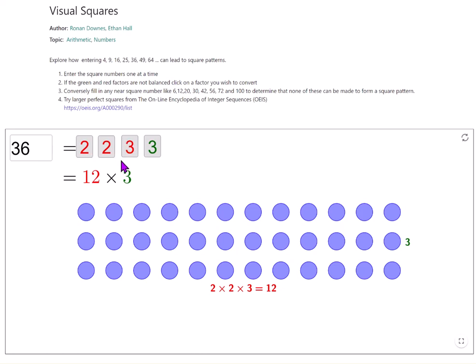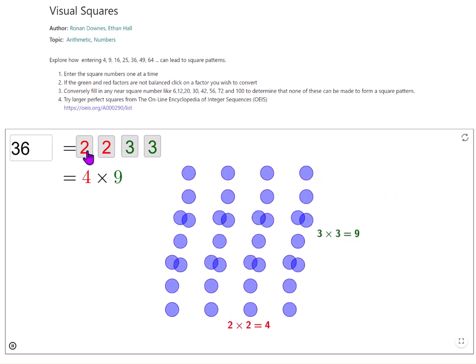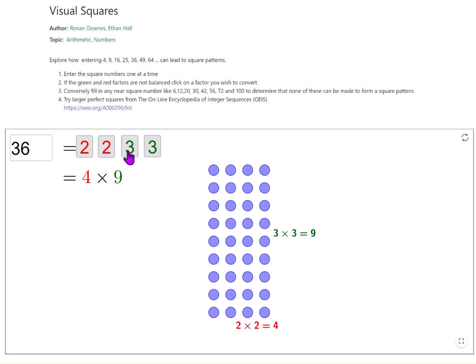Now look what's happening here. When we look at the prime factors of 36, we notice that there are two 2's making up 4 and two 3's making up 9. So 4 by 9 is indeed equal to 36. But the important thing here in terms of looking at it as a square is that we arrange one of each of these